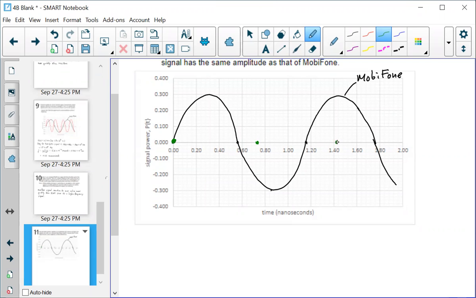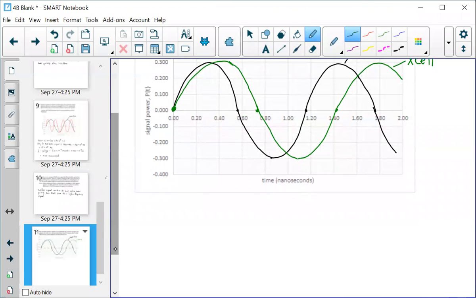Out there. This is Xcell. So if we wanted to write something here, we could say